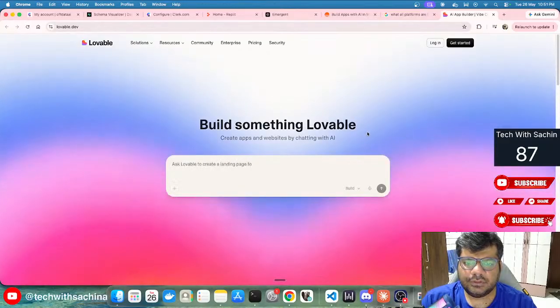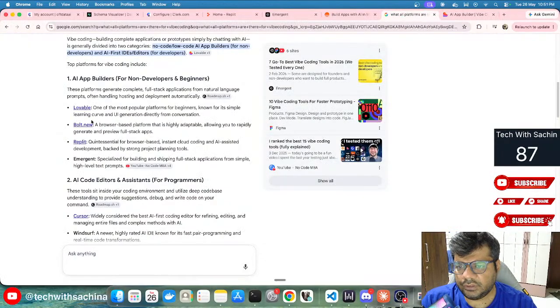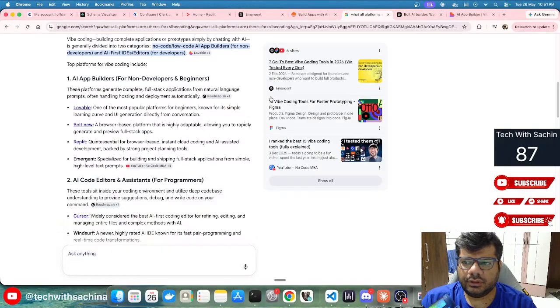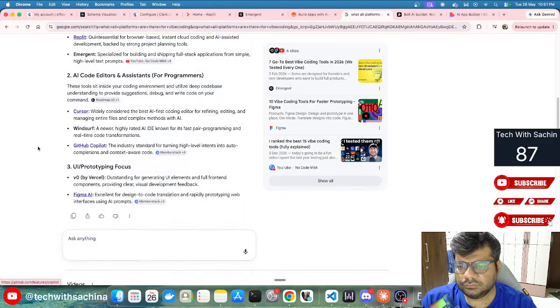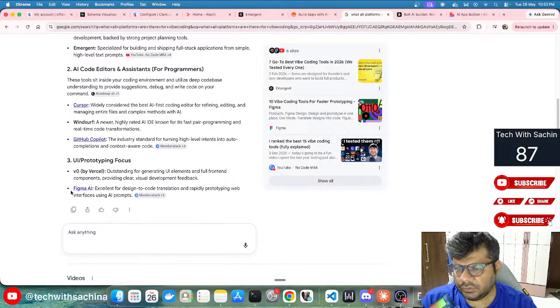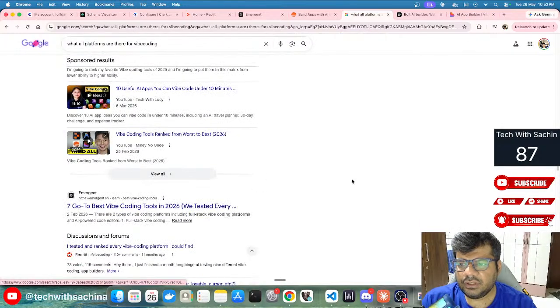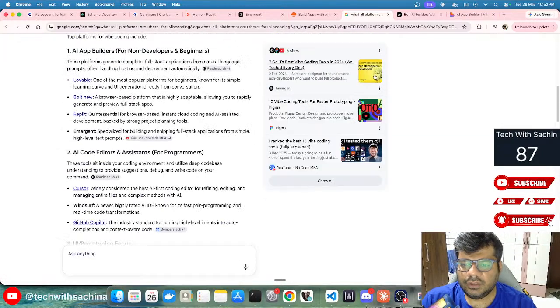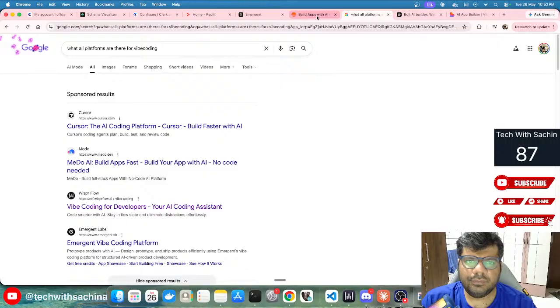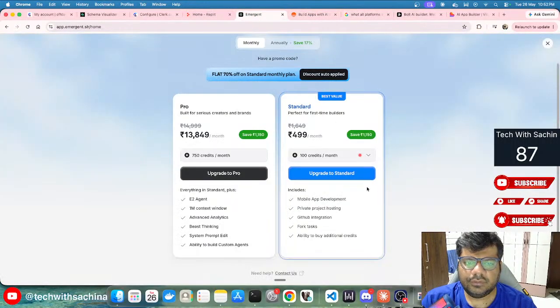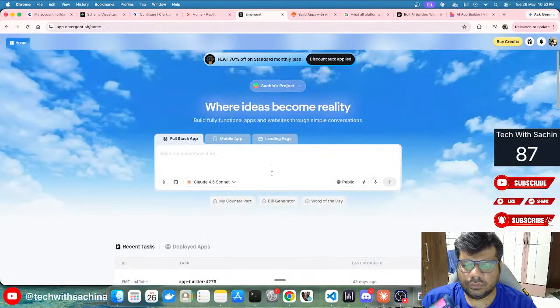So Lovable is there, and then you have Bolt. Then this is for prototyping and everything, right? So majorly these are the ones which we will be comparing. Okay, we will then see how things go.